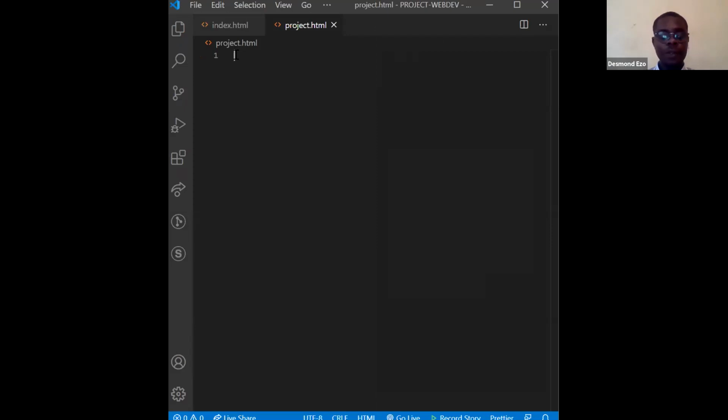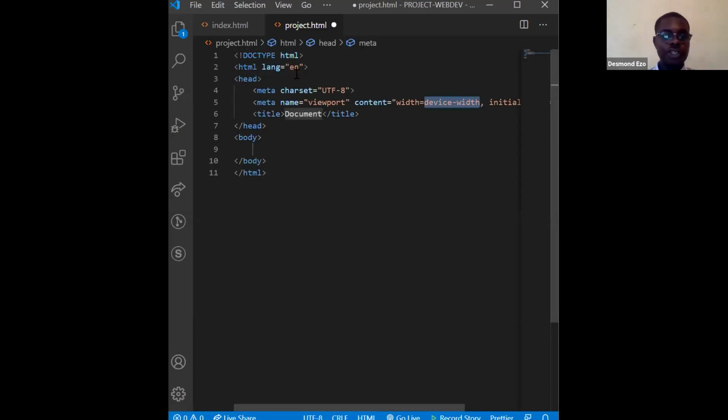So to start your HTML document, we have what we refer to as HTML boilerplate. That's code that you have to repeat every single time. So this is HTML5 boilerplate. Document.html, HTML language en. This tells you that this is the start of an HTML document, and the language you're going to be writing is English.